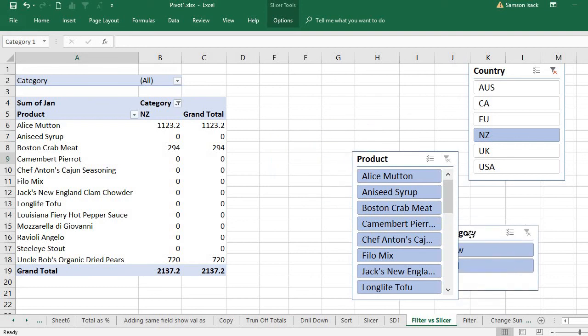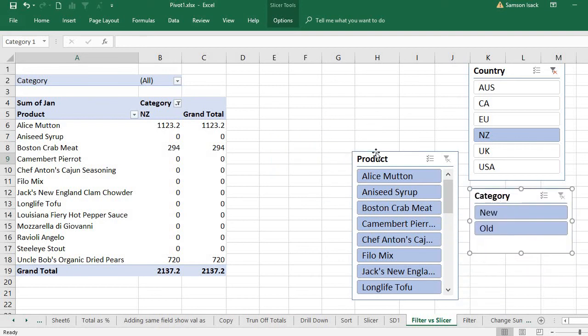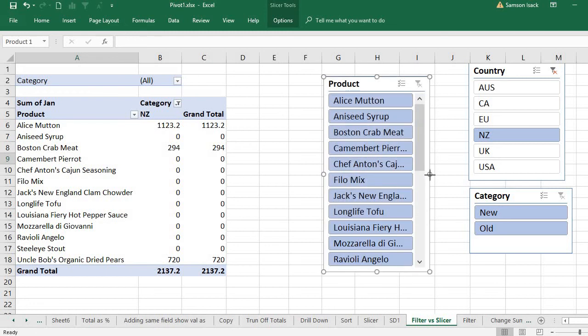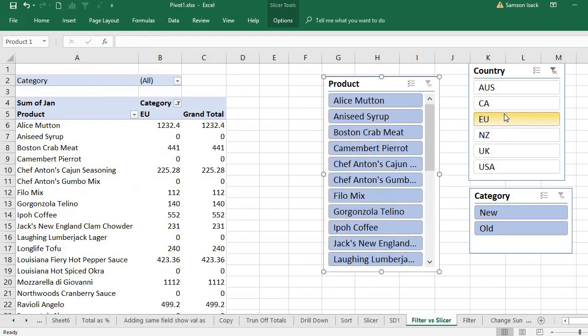Okay, I'll just keep the category here and the product here. Okay, so what happens here is that when I select a particular slicer,